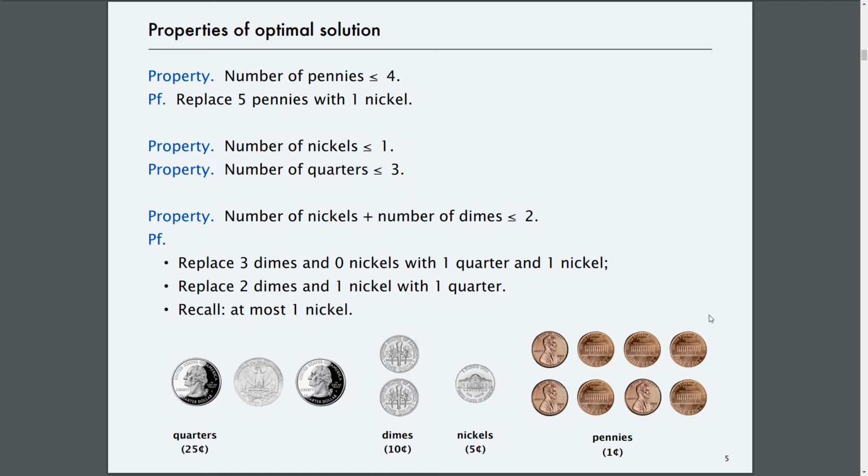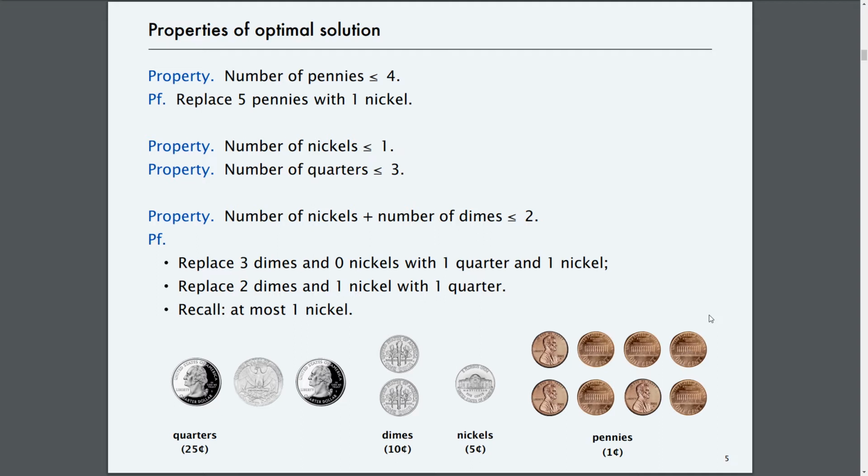So let's look at some properties here. The number of pennies is always going to be less than or equal to 4. Because if you have 5 pennies, you could replace it with 1 nickel. And then you have reduced your set by 4. We have also the number of nickels being less than or equal to 1, the number of quarters less than or equal to 3,